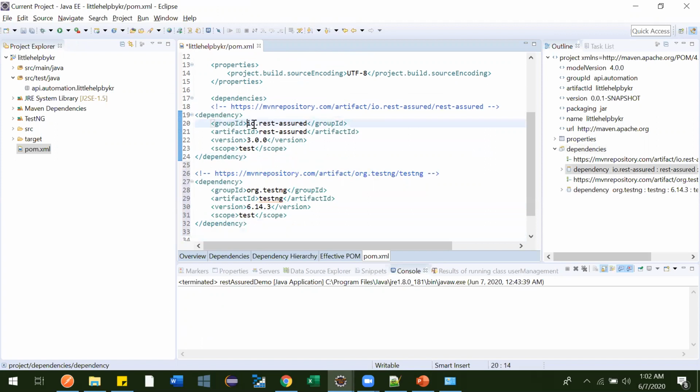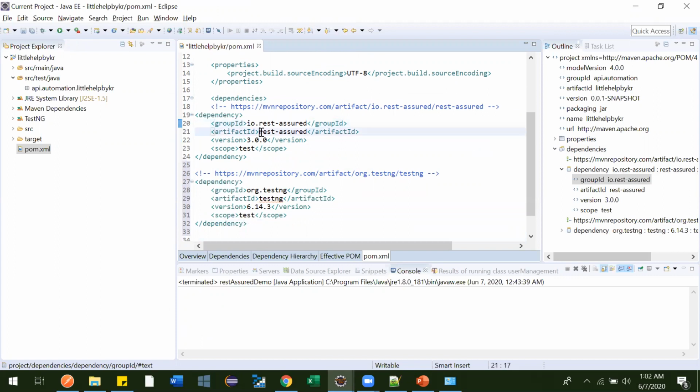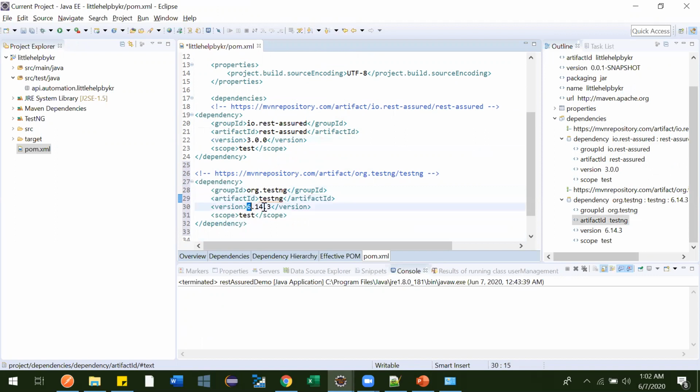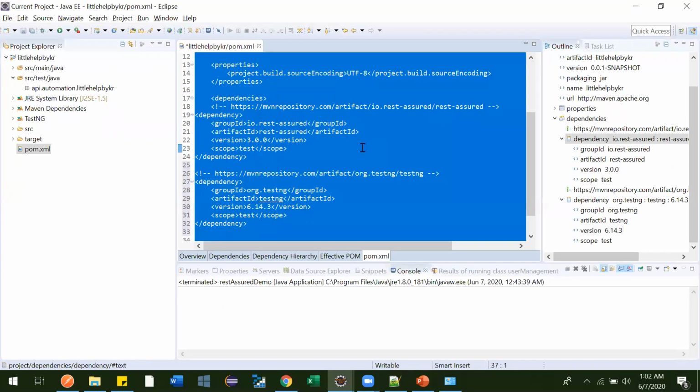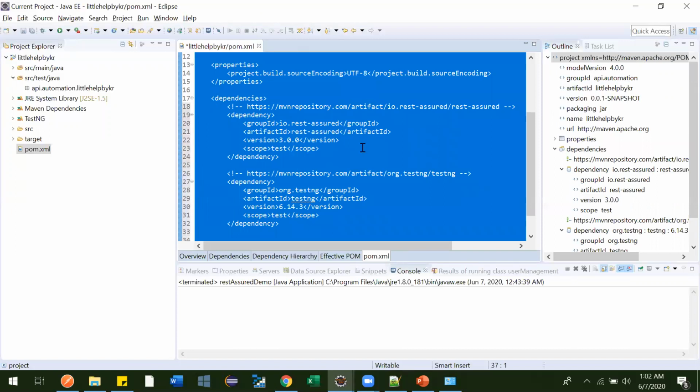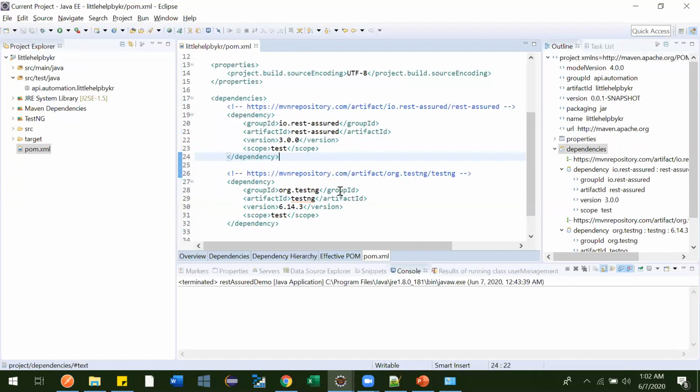Here it is telling what the REST Assured jar file we are going to download is, and the version of that REST Assured jar is 3.0. Secondly, for TestNG the version is 6.14.3. You can add any versions, it is no issue. I'm currently working on this, so I have downloaded 3.0 and 6.14.3. See, now our dependencies are added.